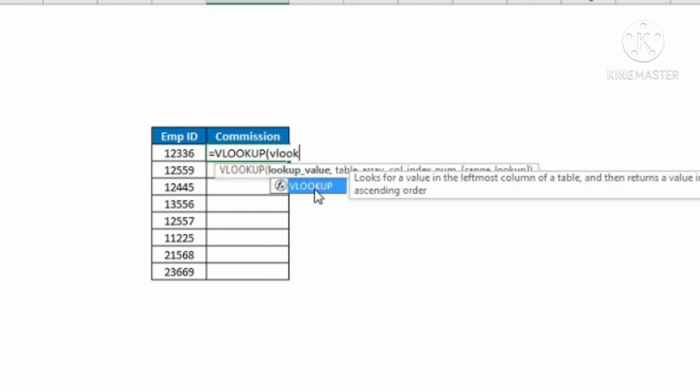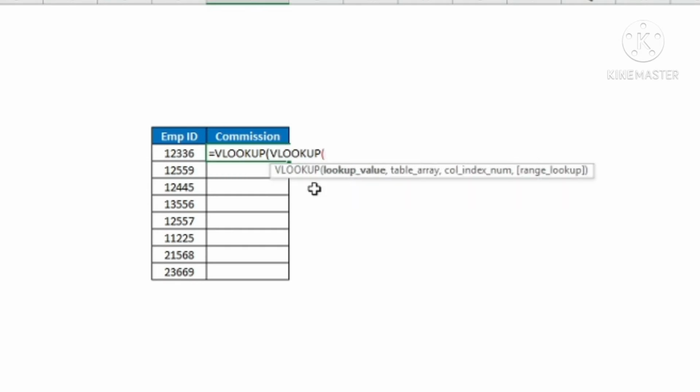So VLOOKUP, tab. Now for this VLOOKUP, we are going to use the lookup value as this employee ID. That means first we will be extracting the employee name for the corresponding employee ID from the other database, and that will be used as a lookup value for this VLOOKUP formula.